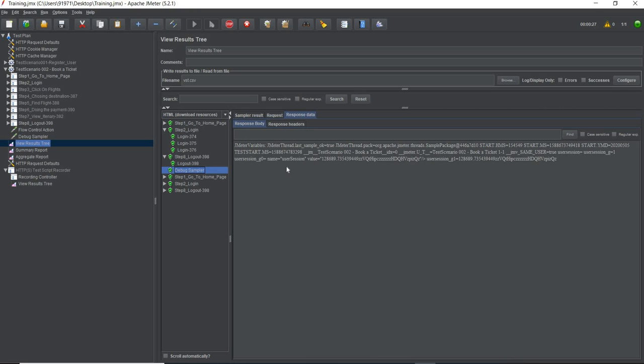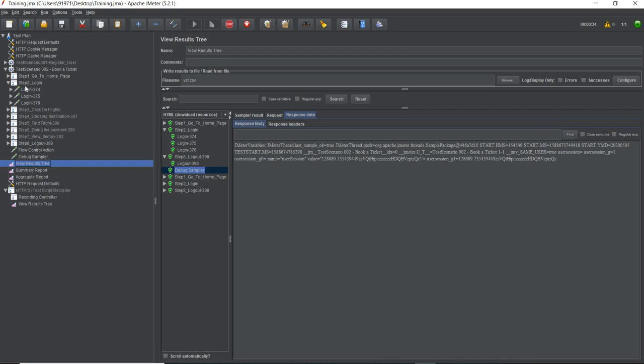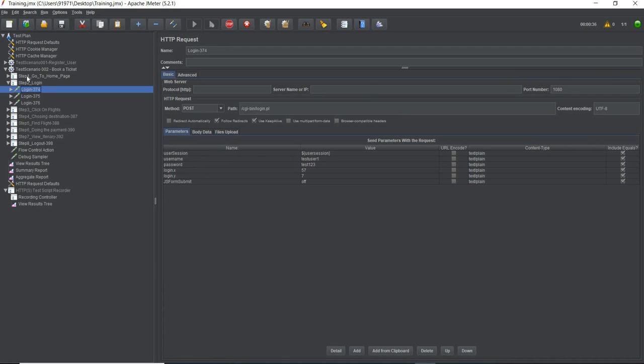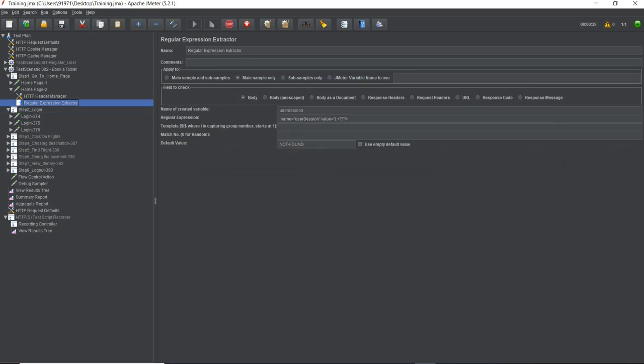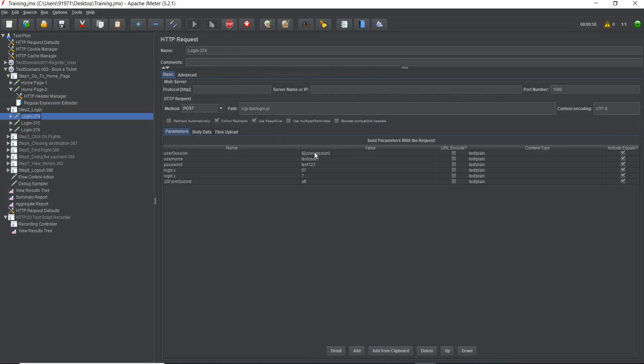Debug sampler gives you the information about what is extracted and what is being passed. Here we cannot see, we just know that we have used this regular expression, but how do we make sure that this regular expression is good enough to fetch the value? There might be a mistake, as right now we are making a mistake. And here we are using this user session.